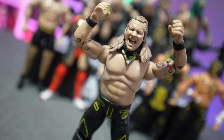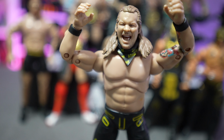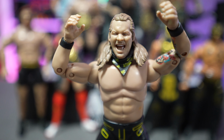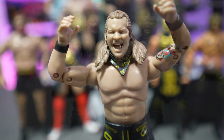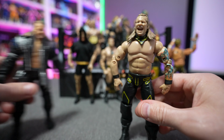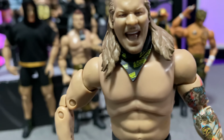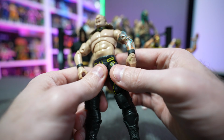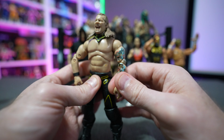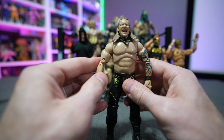They both share a nice, remarkable likeness to Chris Jericho, so the sculpt is there. But overall, I like this expression. I think it just captures Chris Jericho's likeness so much better. And then everything else is pretty much standard. His gear, we got some yellow lines here on the thighs, up here in the joints, in the hip area. And then his tattoos are very bright, very vibrant, and that is kind of a common theme I'm seeing across